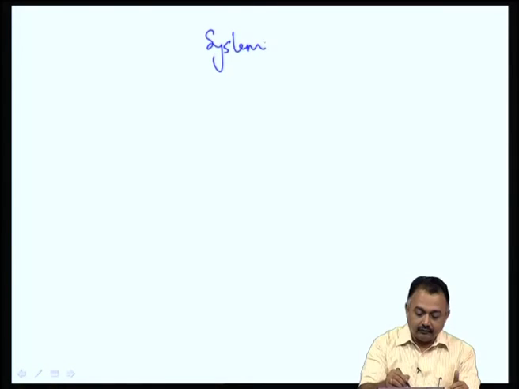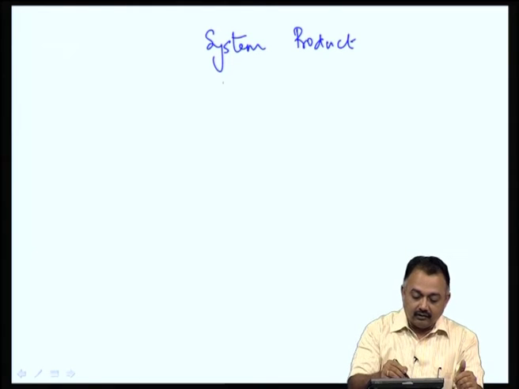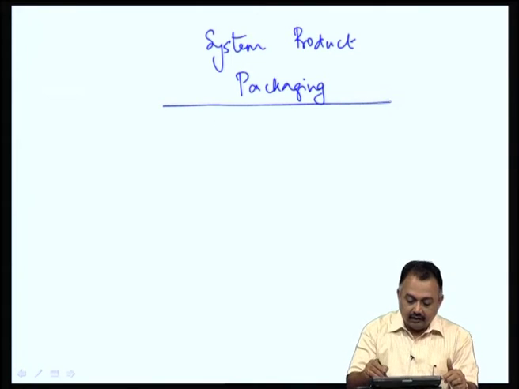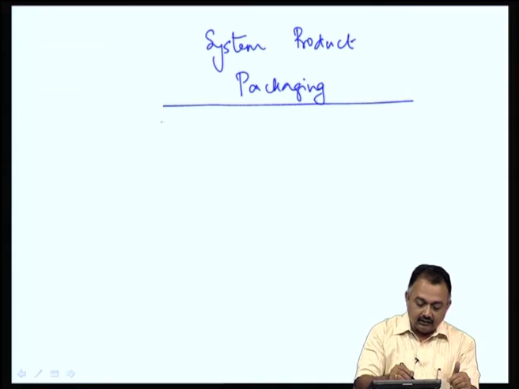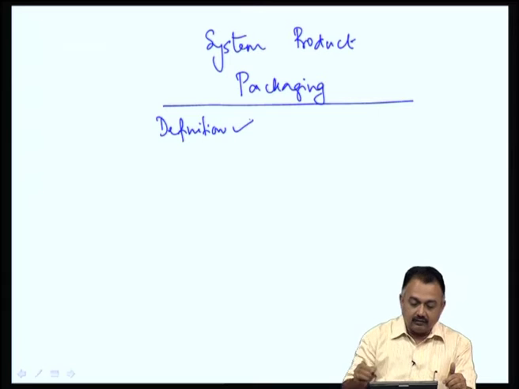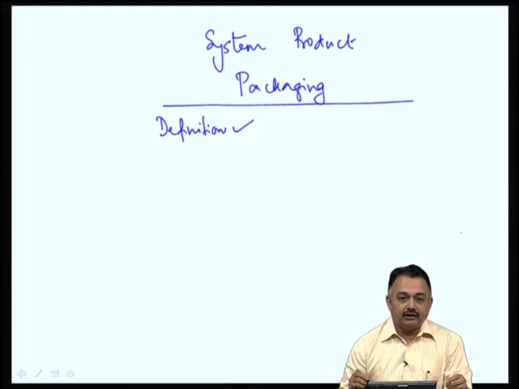For example, I am sure you are now confident of using the term system. You can describe what a system is, you can describe what a product is, and you can talk packaging with respect to system or a product. And we have now in the last class defined what packaging is. If you remember, I have given about 2 or 3 definitions for electronic systems packaging or electronics packaging.